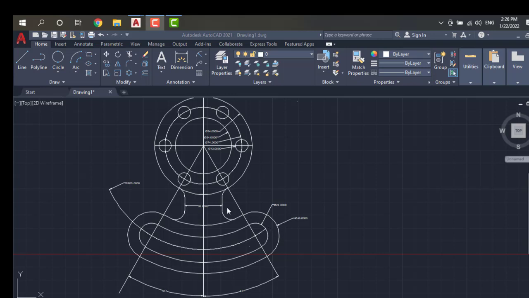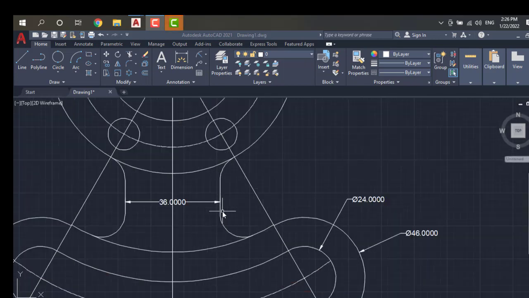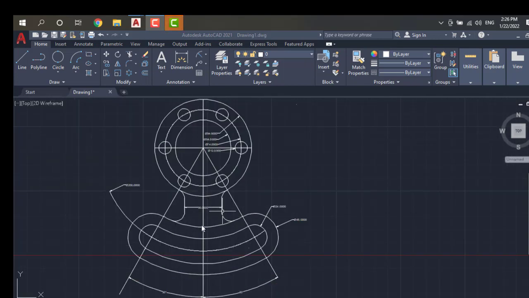Hi all of you. Now I am interested to say how the design will be done. This is an AutoCAD design. How to draw this? I want to say how to draw this. First of all, we have to see the dimensions of this